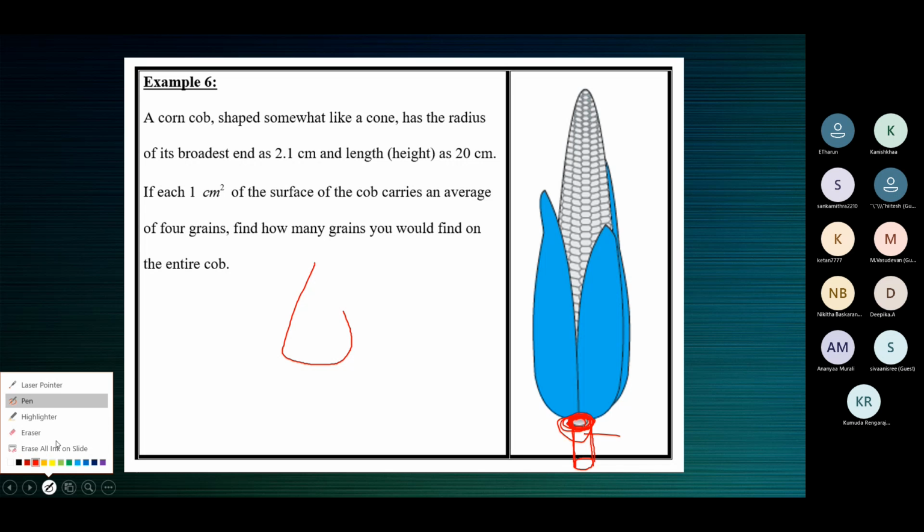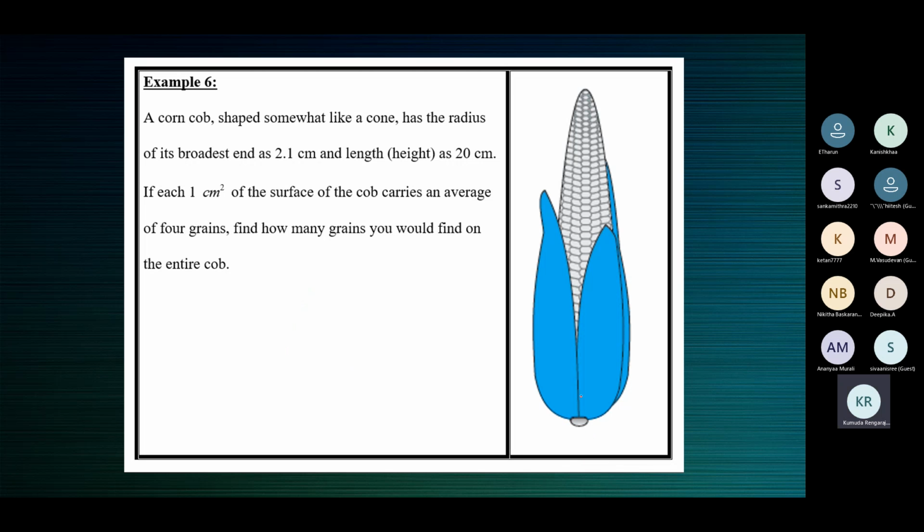So let me use the same figure. I'll just try once again. So this is that circular portion where that stick kind of thing is attached to the corn. When you break this one, this empty space on the corn cob will be circular. Regard that circle as the base of the cone. On that portion, since the stalk was attached, you will not find any grain there. So where is the grain? In the CSA, not TSA, because this little portion is regarded as the base of the cone.